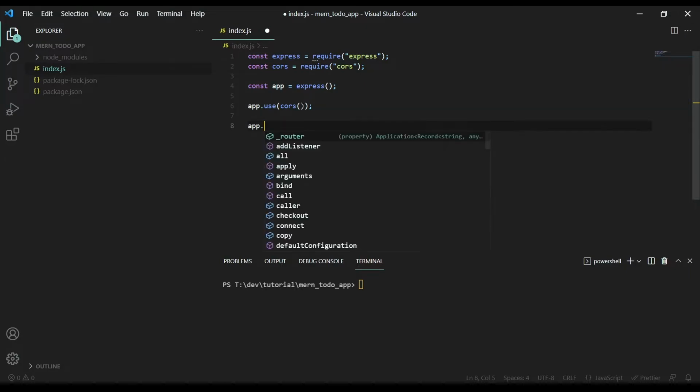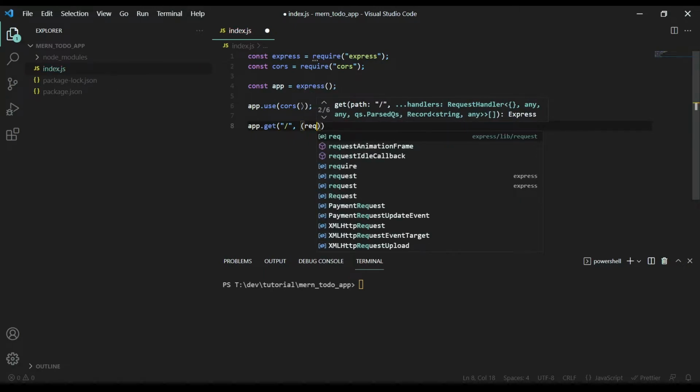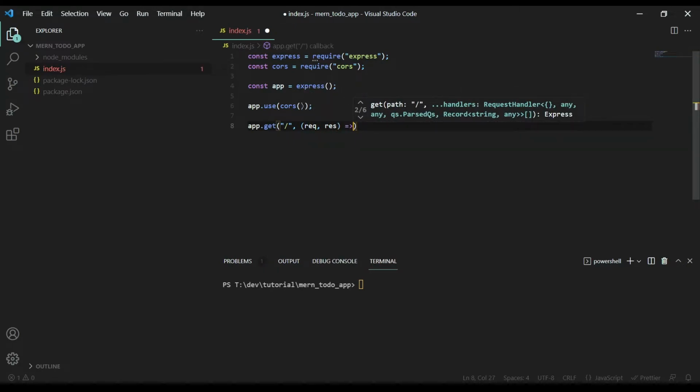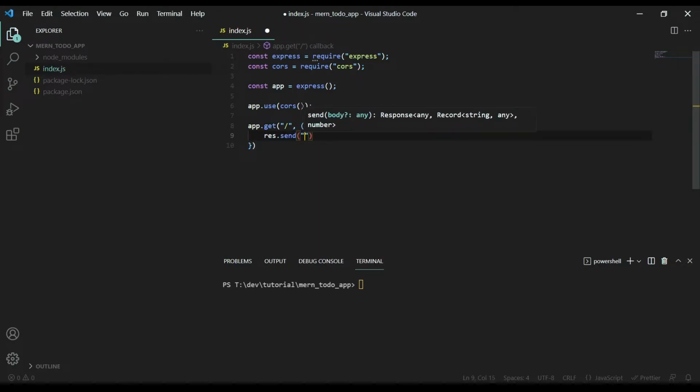After that, I will say app.get. So at slash we want to send a response, and that will be, let's just say hello world,